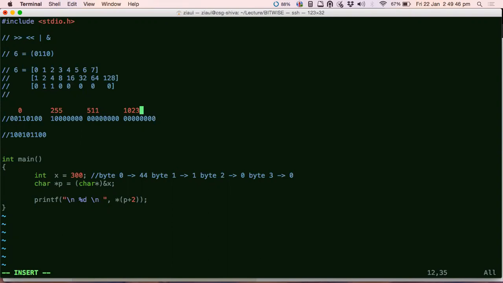Sir, I think this should be 2 power 16 minus 1, not 511. Yeah, whatever. I mean, you find it out. I understand. So this is how you can get that, whatever your question was. Do you get it? You have to just add. You have to add 0 to 44. You have to add 1 to 255.